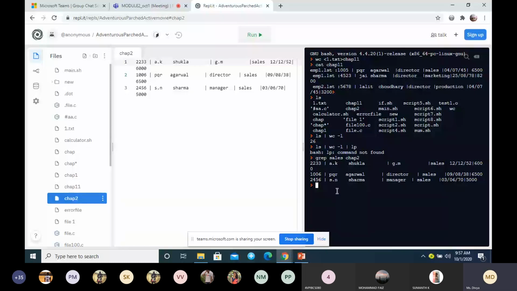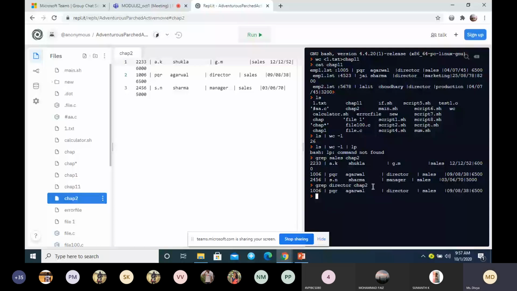Let me give one more example. Instead of sales, let me find the lines having the pattern director. How many lines do we have with the word director?